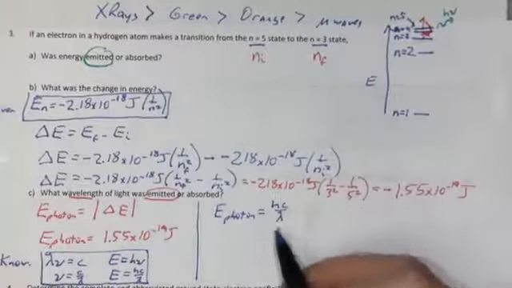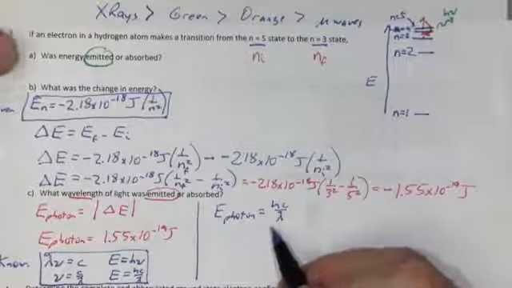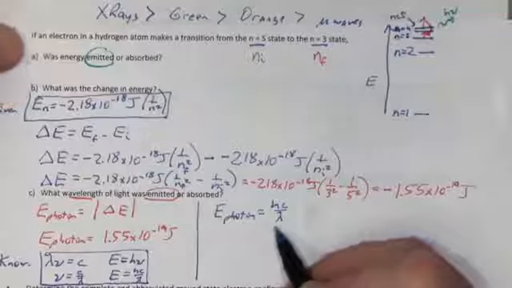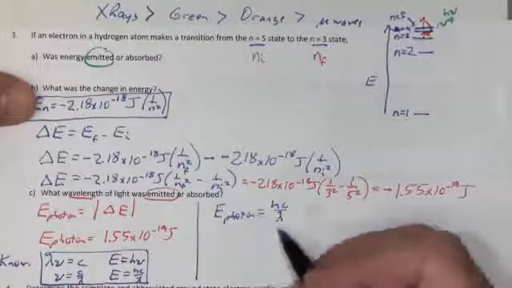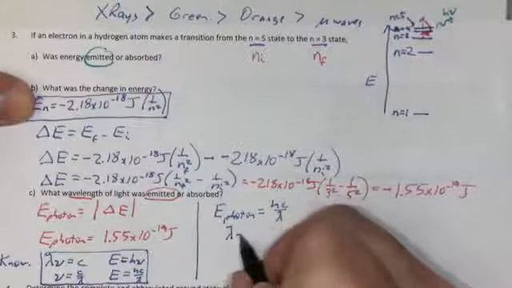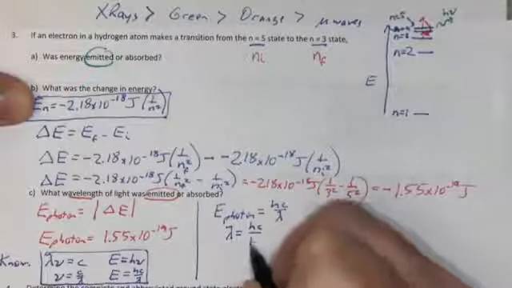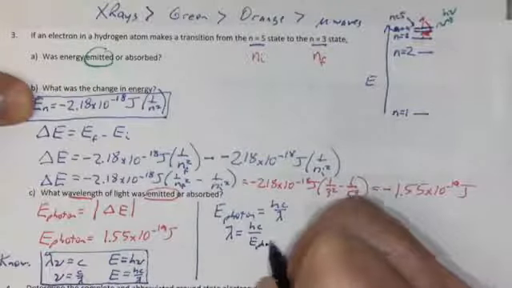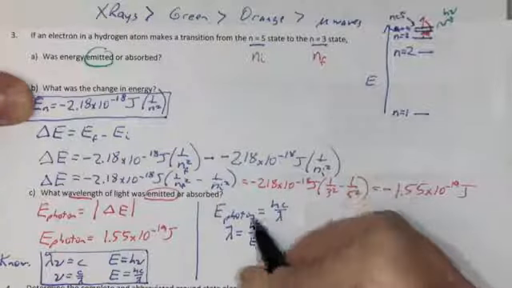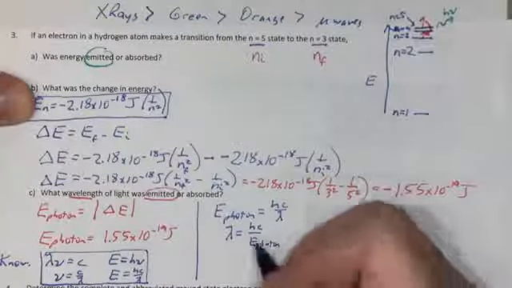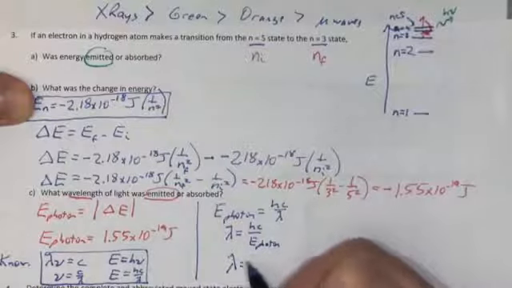It's a plug-and-chug equation, and my recommendation on a plug-and-chug equation is that you rearrange the variables before you plug the numbers in. So I'm going to rearrange to solve for wavelength. Wavelength is equal to hc over the energy of the photon. What I did, I multiplied both sides by wavelength, and I divided both sides by the energy of the photon, so that the wavelength is equal to h